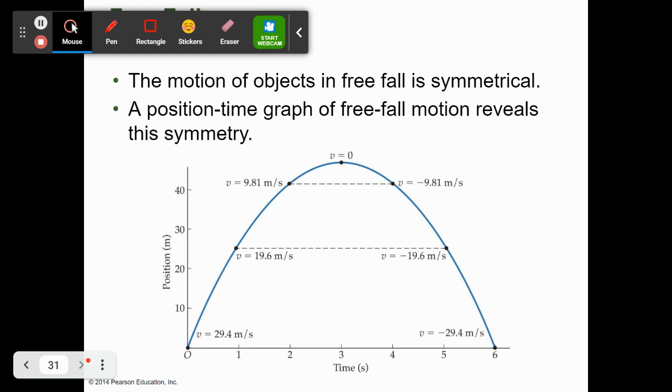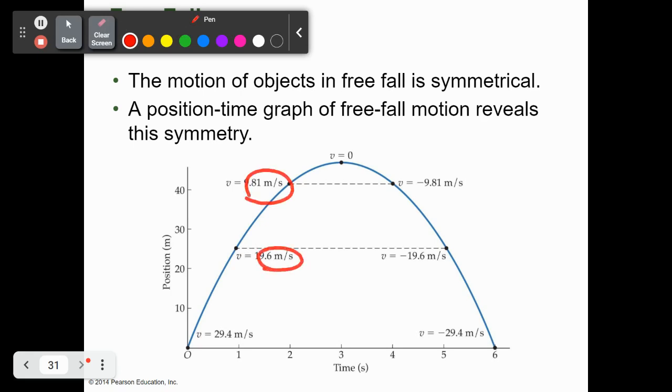Okay, so at 1 second, now notice, what's happening to the velocity as we go up? It's slowing down. Why is it slowing down? Oh, it's going against gravity. Exactly. The velocity is going in one direction, acceleration due to gravity is going in the other. So that's slowing it down. Eventually it keeps slowing down until it has no velocity at the top of its peak. But it still has acceleration.